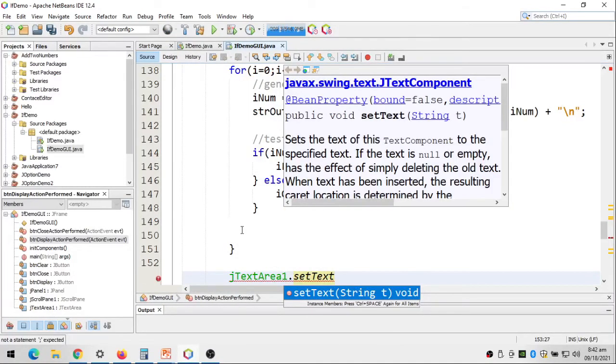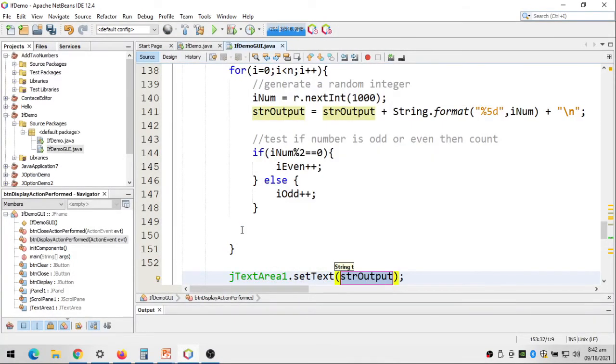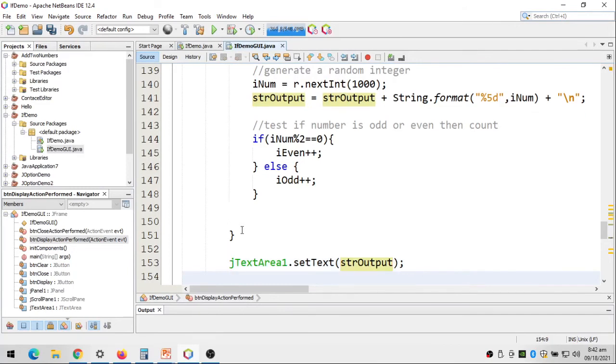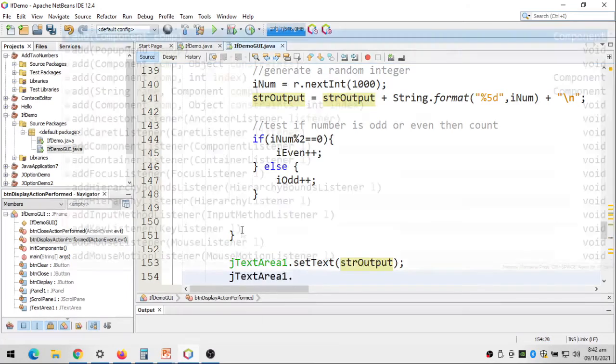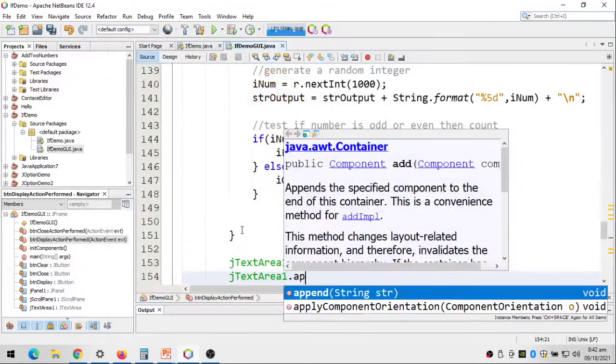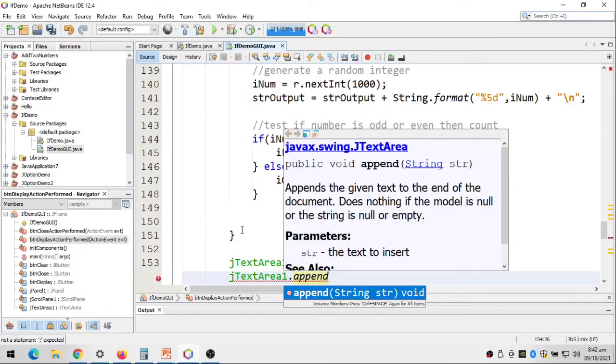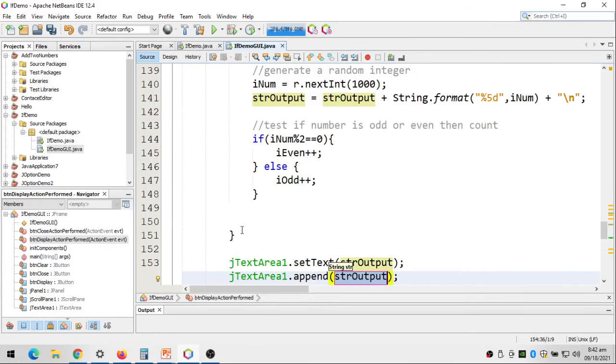So we have setText, right? So strOutput, then we add an even. So instead of setText, we use append, because if we set, then it will just remove the previous one. So we use \n